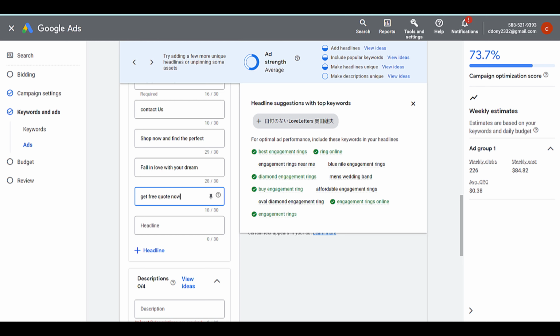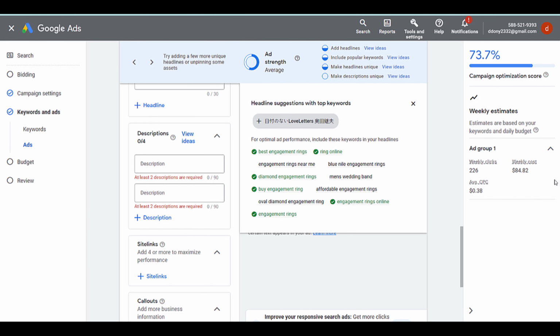Are they going to get a quote? Are they going to schedule an assessment? What is going to happen? That's good to do. For the actual description, what we want to do here is give them more reason to buy, and also end it with a call to action.